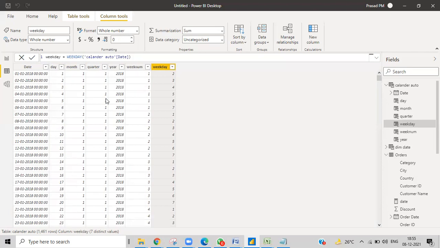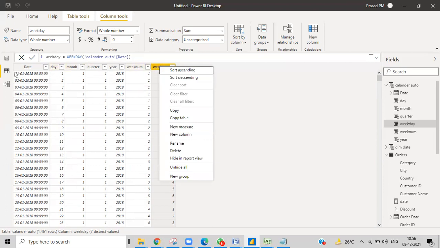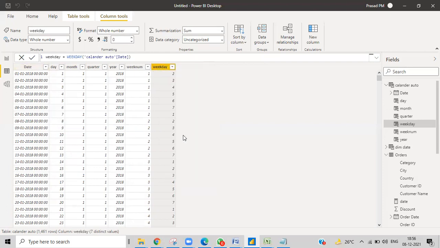Weekday is nothing but the number of that particular day in that week. Right now you can't understand what exactly it is telling, so I'll make another column to show what date it is exactly, what day it is, whether it is Monday, Sunday, Tuesday, or whatever it might be. I'll show you that, and then you can understand.